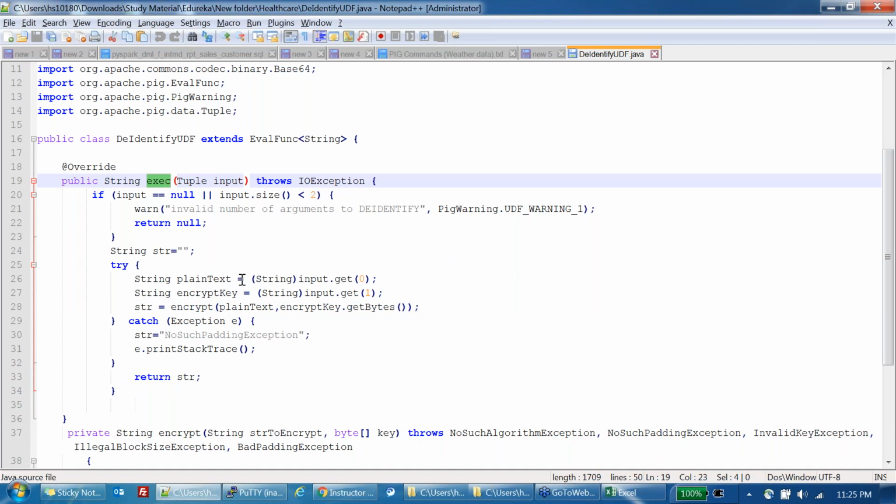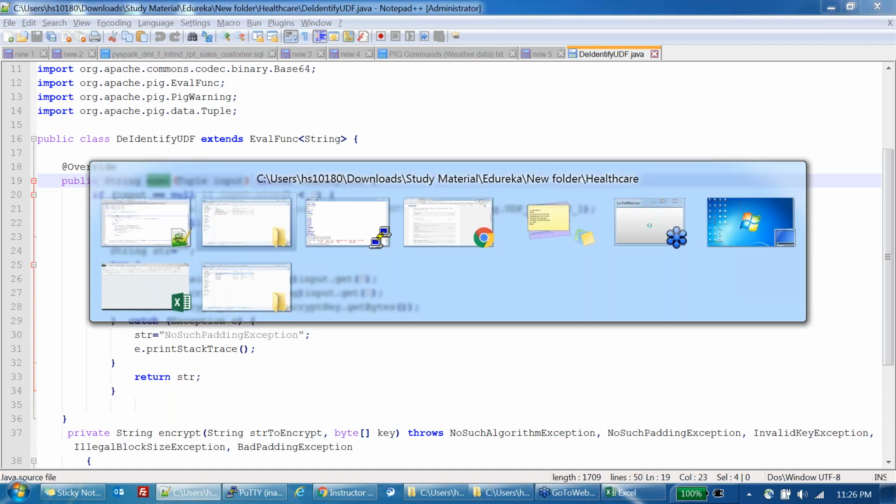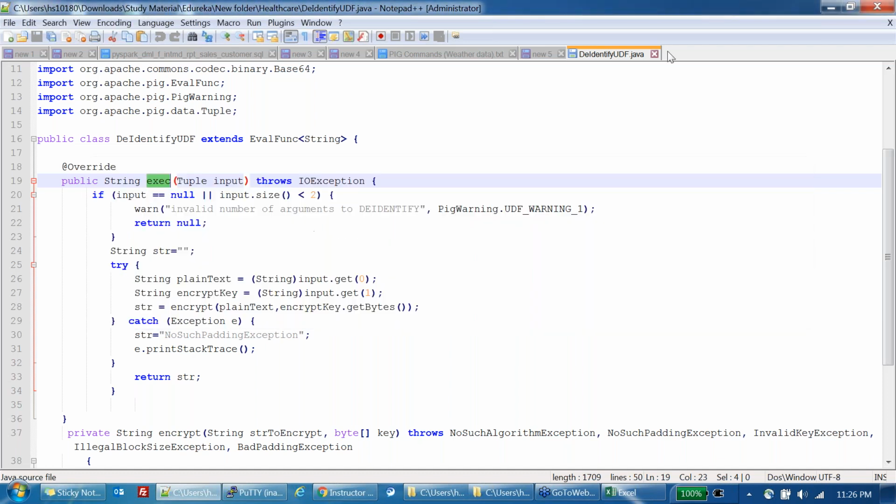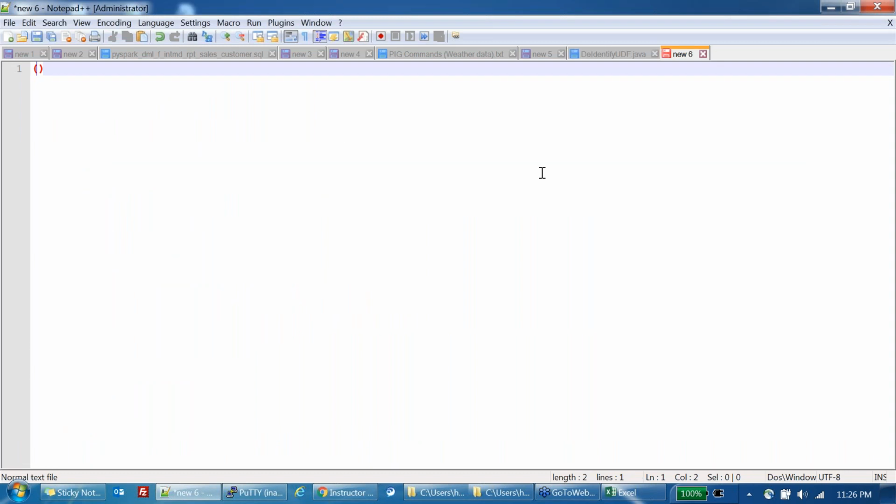Okay, so to this UDF, you will be passing a field which you need to encrypt, correct? Along with that field, you will be passing a key also, on which key I need to encrypt. So basically you would be passing a tuple to this particular method which has two fields. The first field would be the string which you need to encrypt, and the second field would be the key on the basis of which the string should be encrypted, right? So it will get the first field, this is a tuple, tuple.get0 will return this string, tuple.get1 will return this key,